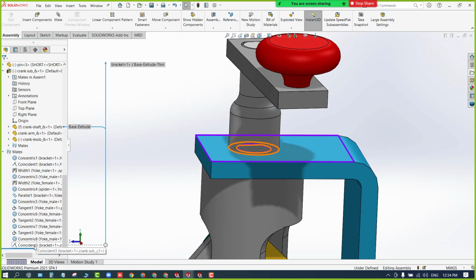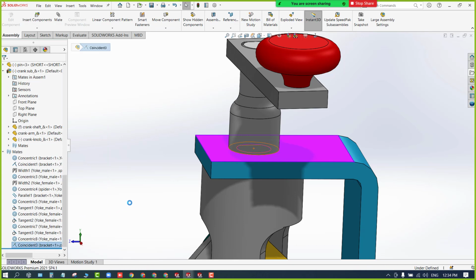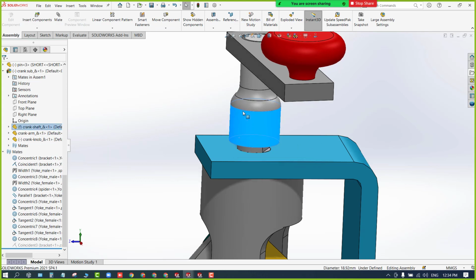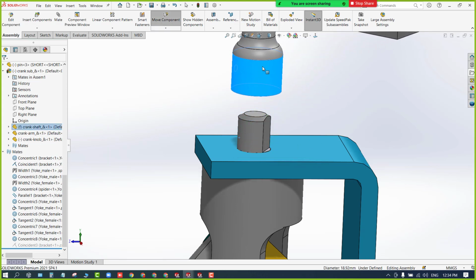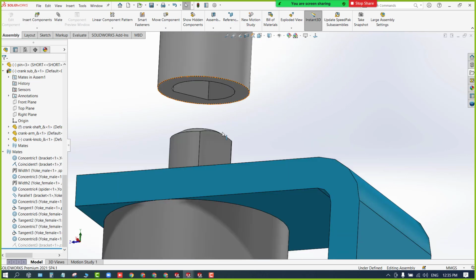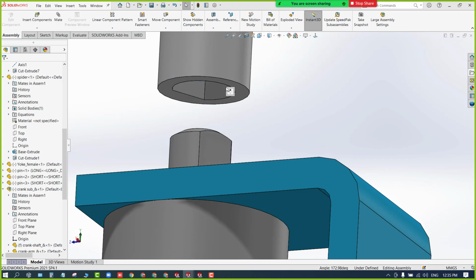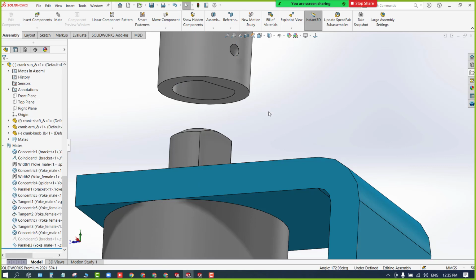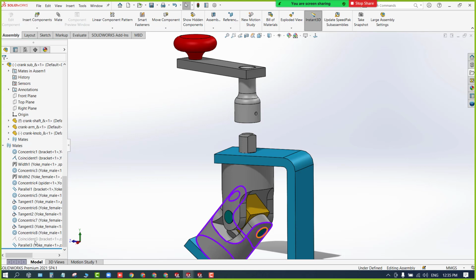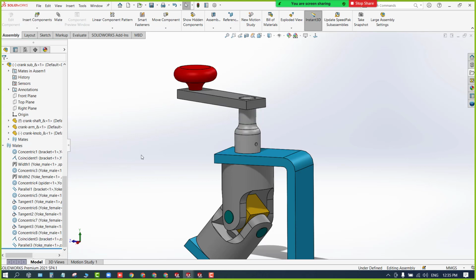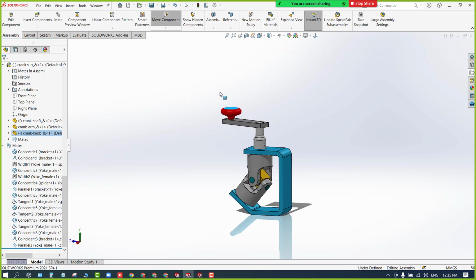From here you can see it shows the mate. It is coincident. So what you can do is right now you can suppress this, means temporarily delete it. Now I can move this, right? So now you can just rotate the model and you can assign the mate, that is parallel. Is it correct? No, wrong. It should reverse like this, and then it is done. Now once you are done with that, you can simply unsuppress this.